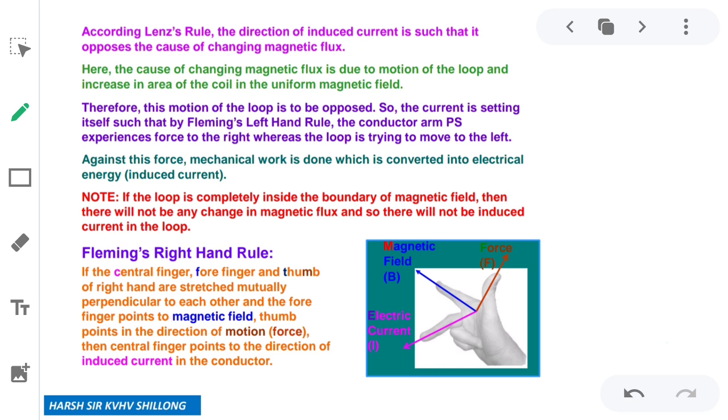There are certain situations where we apply Lenz's law, and other situations where we apply Fleming's right hand rule. It's very simple to remember. We can apply both in certain cases, but it's easier to apply Lenz's law when we have closed loops. And we apply the Fleming right hand rule when we have an open rod, a metallic straight rod. It is easier to apply. This is already written. You can read these points.